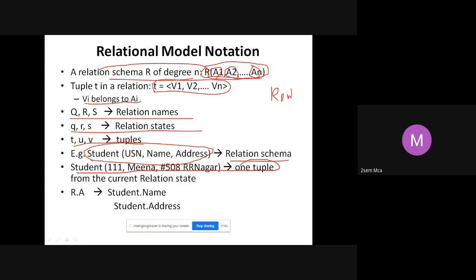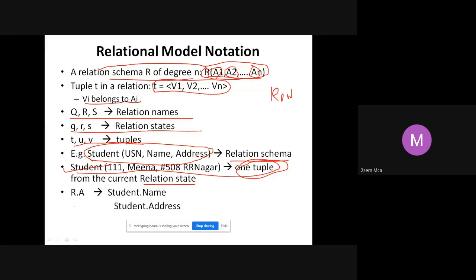This represents one particular tuple, one particular row from the current relation state. Relation state means the collection of those records. I have 5 records, and this is representing one particular record. It is called one tuple.